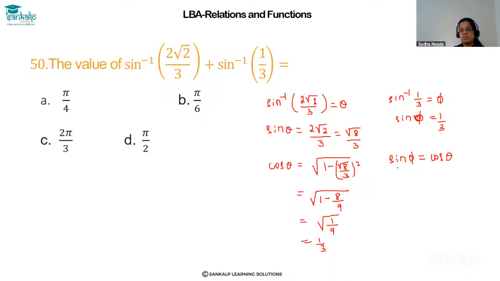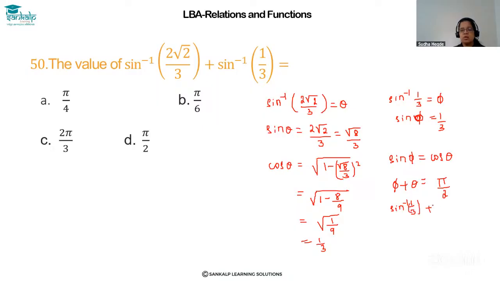In this case, whenever you have sine of an angle equal to cos of some other angle, if you add both the angles, it must be pi by 2. Therefore, phi plus theta must be equal to pi by 2. Are you getting? So what is phi? Phi is sine inverse 1 by 3